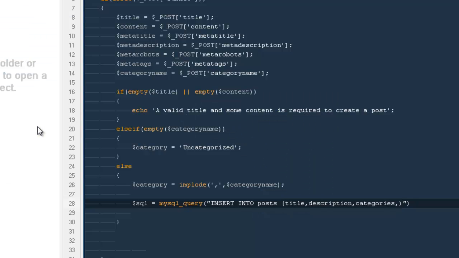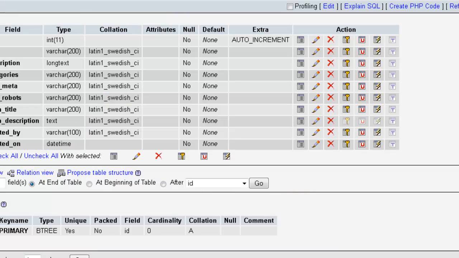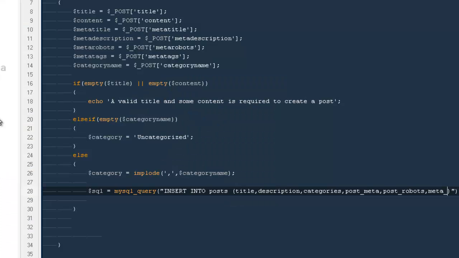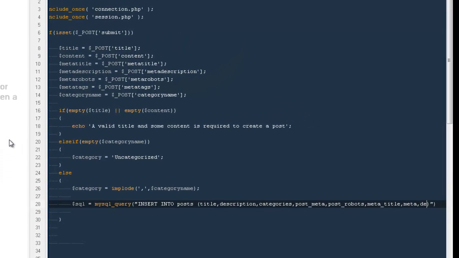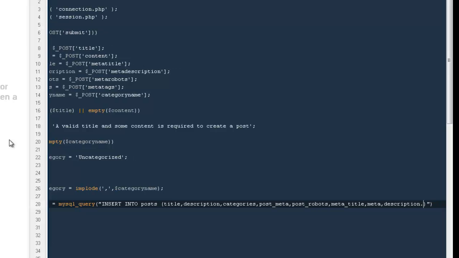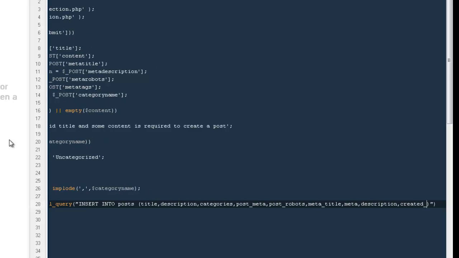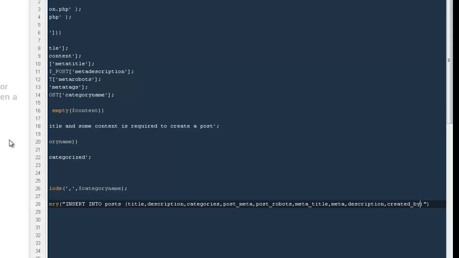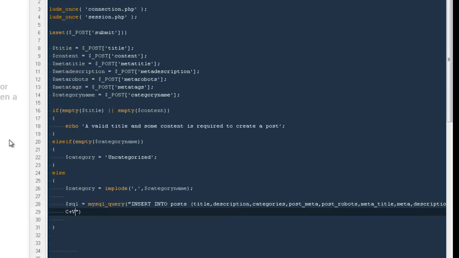After categories, I have my post meta, then I have post robots, I have meta title, meta description, created by and created on. Okay, so these are the only fields we have. Created by and created on, and then our values would be,